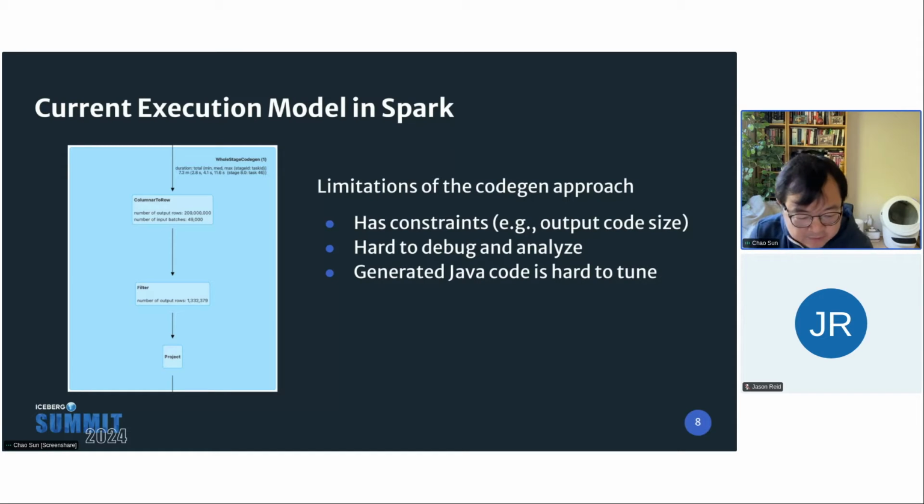So although CodeGen has several benefits, it also has some limitations. First of all, it has certain constraints. Say if your operator becomes really complex, and the code that Spark generates tends to be really large, and sometimes it will exceed a certain threshold, and then Spark will just give up, saying I cannot actually generate that code. It will basically fall back to a different approach, a much slower approach, which is the non-CodeGen